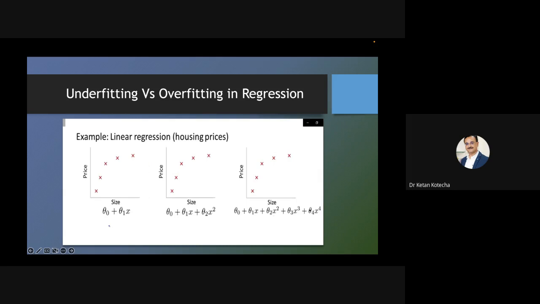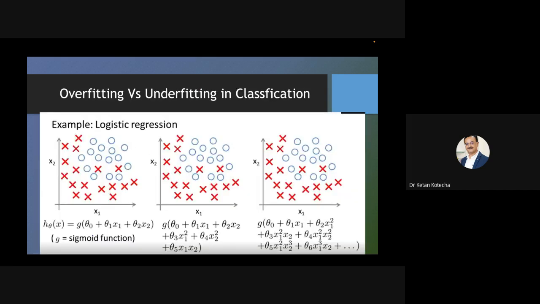Second way is, if you already have this kind of very complicated model, you eliminate this x4 and x3 by putting the values of theta 4 and theta 3 in such a way that it will truncate the influence of features x3 and x4, meaning the quadratic and x raised to 4 features. So that is also one way, and that is actually called regularization. I'll summarize this. Same is the case in classification,